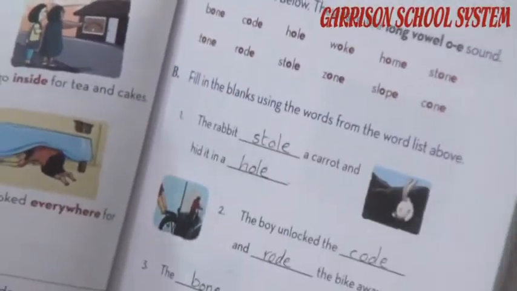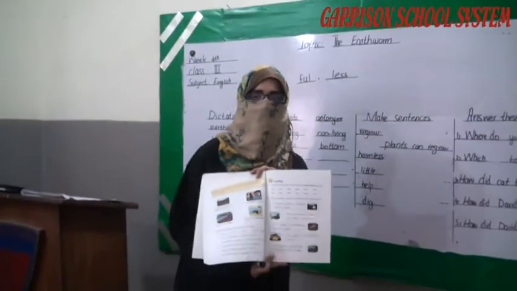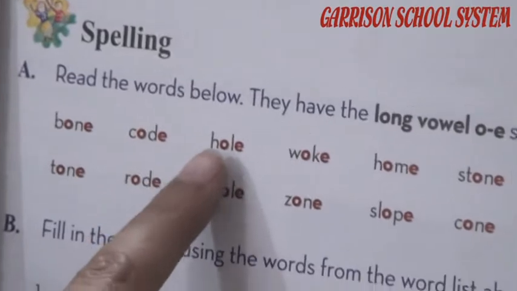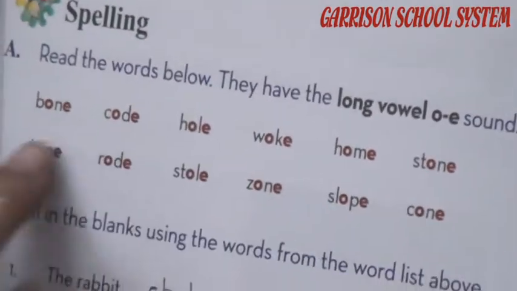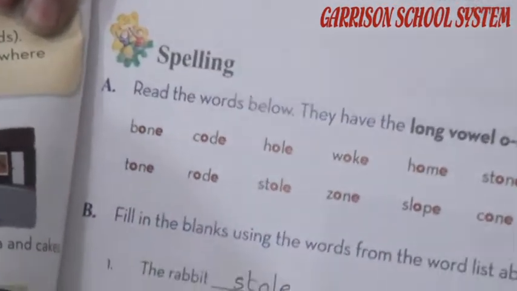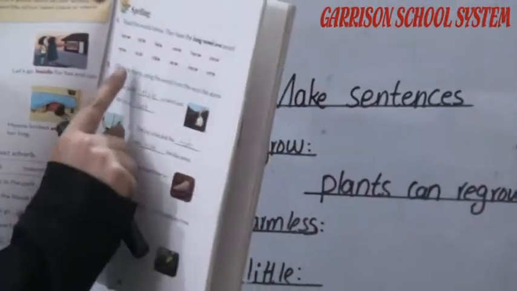Okay, now come to the next page, 39, which is about the long vowel OE sound. This page is about vowel sound words. When we read about different sound words, we learn about the OE sound, like bone, code, hole, poke. As you notice, all these words have the two sounds O and E. The combination of OE makes a complete word like bone. Now you have to complete this page by choosing the options given there.